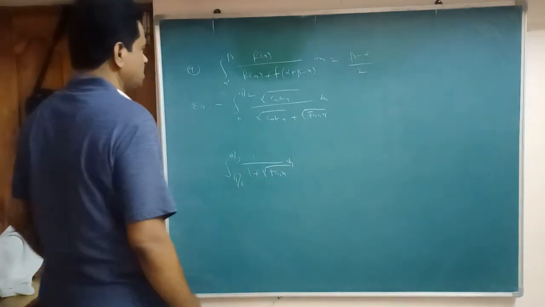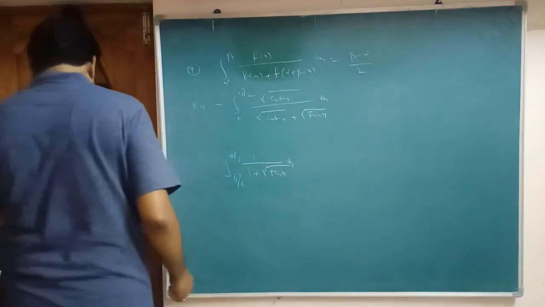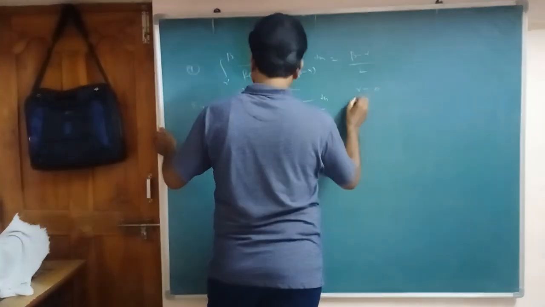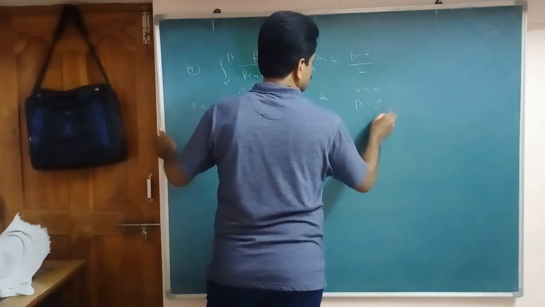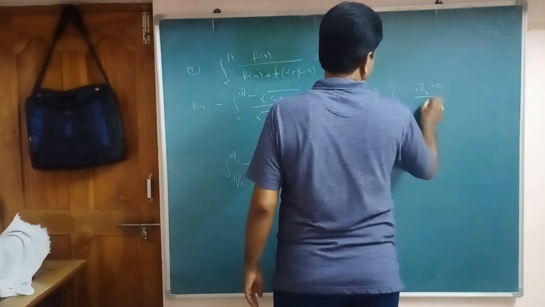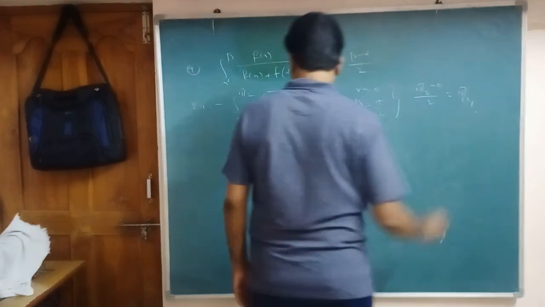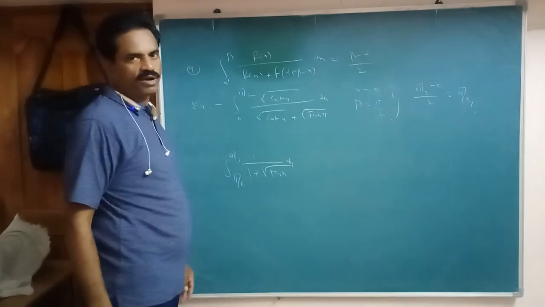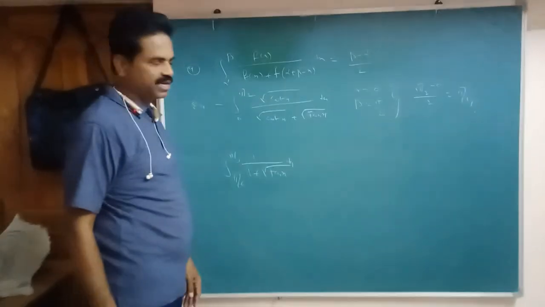Right. Here, what is alpha here? Alpha, substitute here 0. Beta, substitute here pi by 2. Substitute in this formula: beta minus alpha, pi by 2 minus 0, by 2. It is how much here? Pi by 4. It is root tan, which means root sin x by root cos x. In terms of sin cos we can write here.